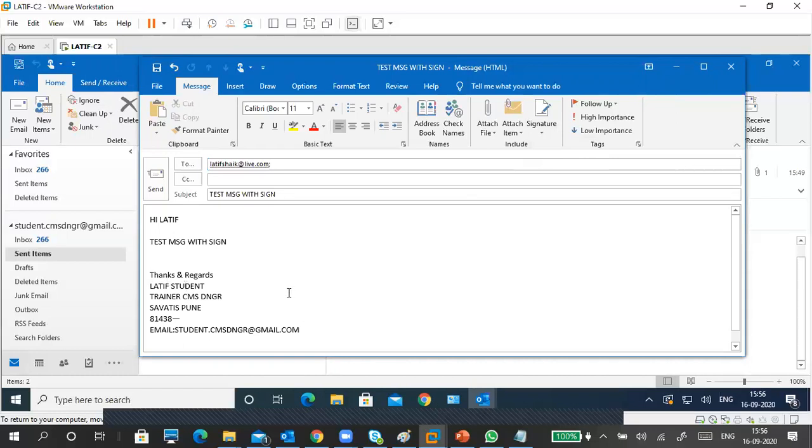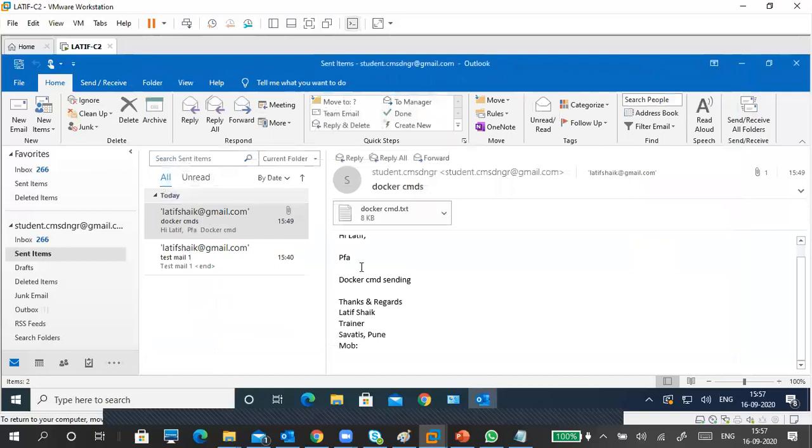Whenever you want to create a signature, check with the existing signatures of people from your company. If you are working in a company like Cognizant, and you received a mail from Cognizant, you can follow the same signature, or ask your HR how to put a signature based on your profile or role. Or you can ask your team leader. They will tell you what to put here in a proper order, and you can create it. So I'm sending.